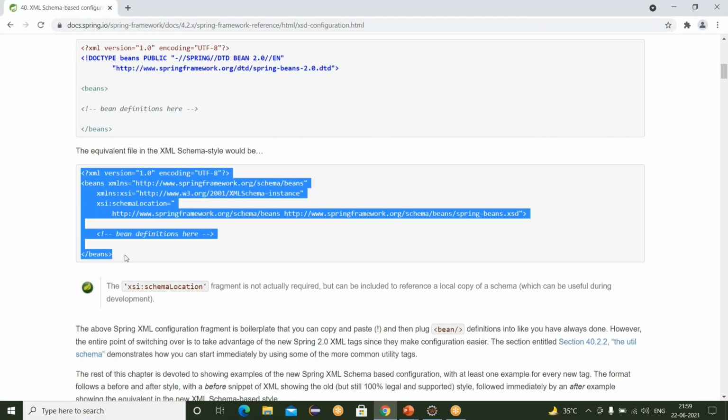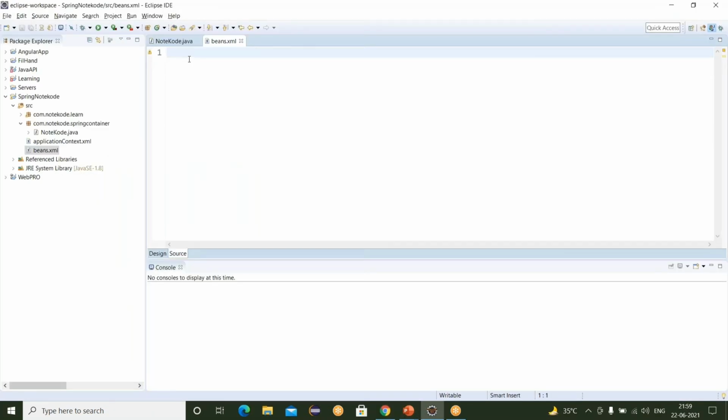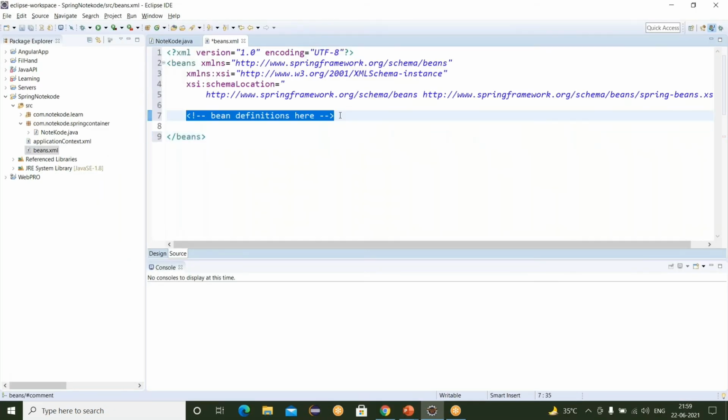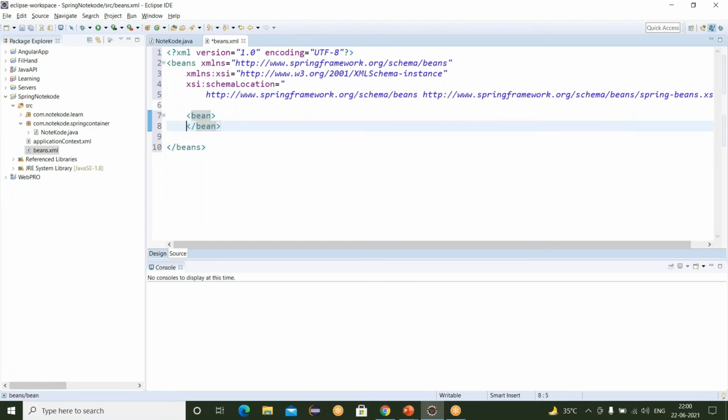Let's copy all this and paste it here. To declare the beans and properties, for beans, inside this, we have to write the ID.